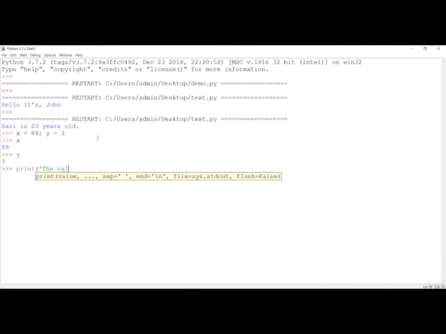I'll say the value of x is, and now if you are using the format method, you have to give these curly braces, and y is curly braces. Instead of these curly braces, now we'll just add this